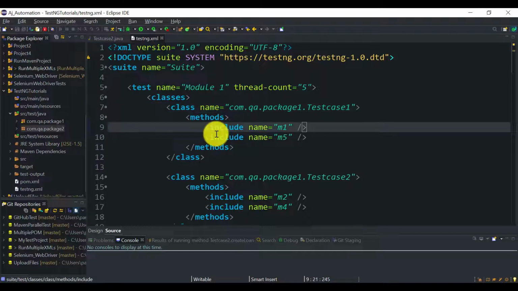Okay, so for handling that scenario, let's say you created this kind of configuration inside the testng XML file. So you know what test methods you have included and what you have excluded. So in future, if I want to update it, you will be able to do it easily, but not the other person. So if I am adding a separate test for testing a separate module in my real-time projects, it will be very hard to understand, hard to update, and hard to maintain. This is why this approach is completely wrong.